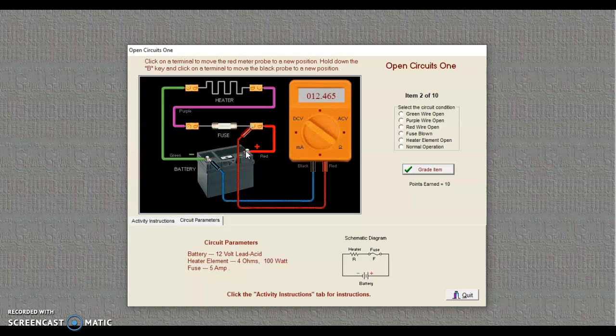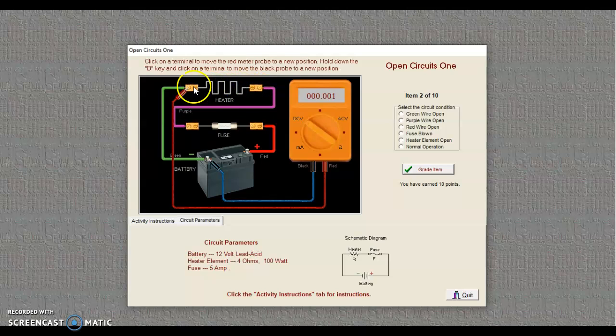And I didn't do that here, but notice I am seeing 12.4 volts, which is probably my battery source. What's between my probe? My whole circuit is. Let's get on the other side of the fuse. I still see that same amount without a load drop. So I do know there's an open somewhere in here, but I haven't gotten to it yet. And I come up here, and I'm still seeing that same 12.4 volts. If this changes, as I expect it will, on the other side of the heating element,